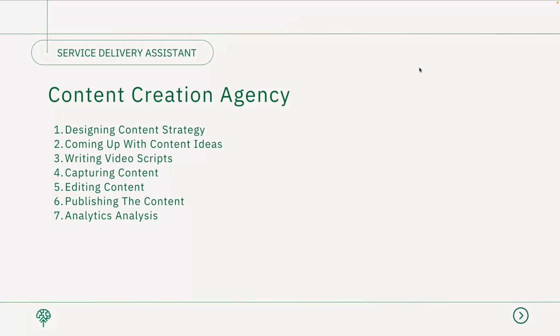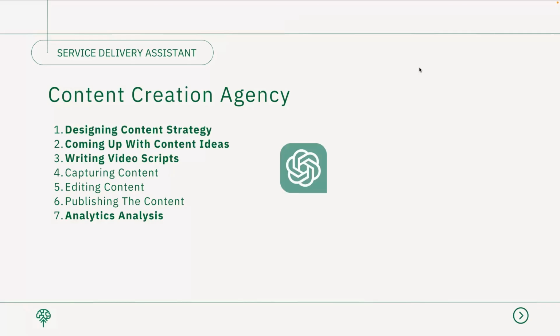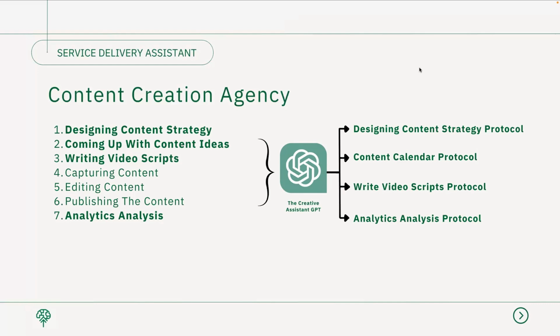So what you do then is you look at this list and you ask yourself, which of these tasks can ChatGPT help me with? It's these 4. It can't help with capturing the content, can't help with editing the content, and it's not going to help with publishing the content. But everything else, ChatGPT can help me with on a repeated process. Like every time I want to design a content strategy for a client, ChatGPT can help. Same thing with the rest of these. So what we do then is we turn these 4 tasks into protocols of the service delivery assistant for that